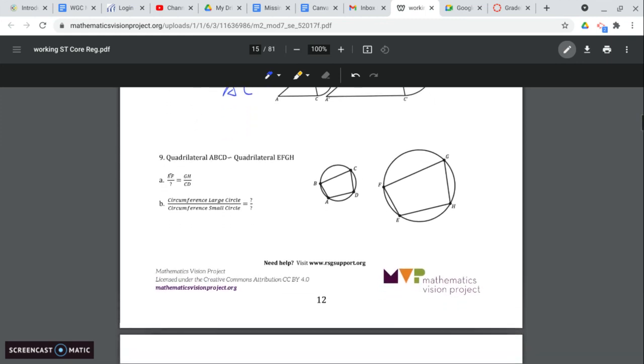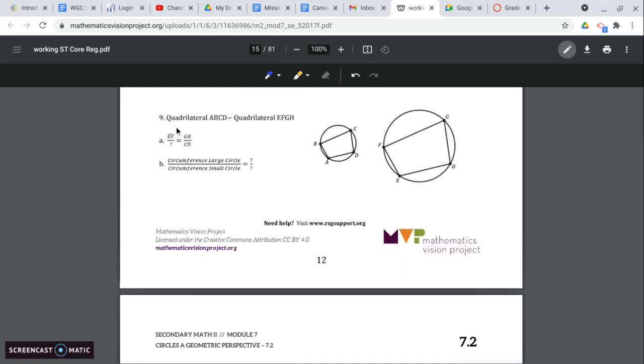All right. The next one is a little tricky, so I'm going to do it with you as well. So we have arc EF over something equals GH over CD. So GH and CD are this here, and we have arc EF, so this right here, goes with what? Arc AB. So arc AB. Now, the circumference of the large circle over the circumference of the small circle. So we're looking at the circumference of these. So we could compare it to the perimeter